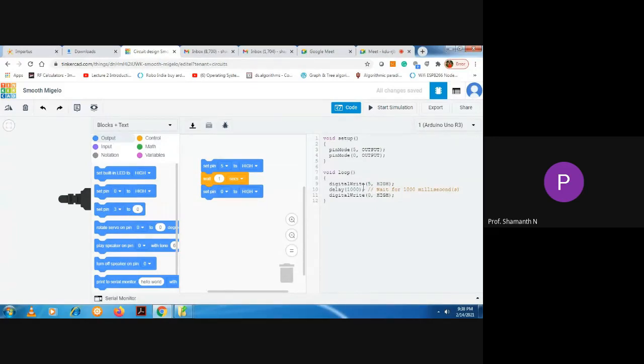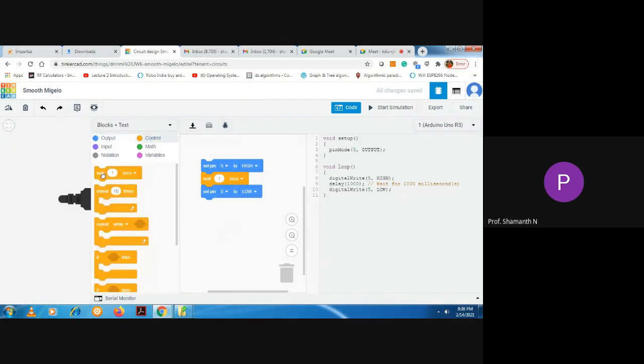Once I have completed this code block, I will explain the coding also. Anyway, here also I will just select pin number 5. Previously I had set pin number 5 to high. Now I will set pin number 5 to low. So click on this option and click on low. When I send the low command through pin number 5, the LED will be off. The LED gets off. So again come back to the Control and place this wait 1 second block.